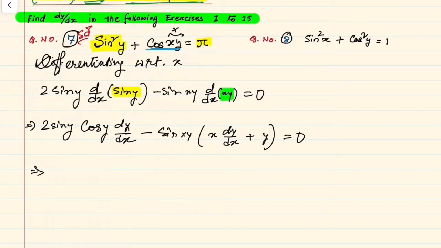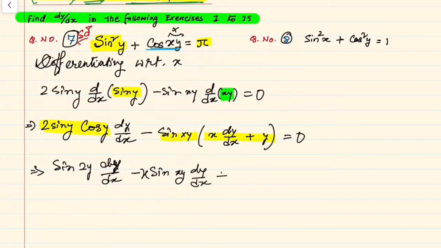Now here you see, if you remember the trigonometric identities, 2 sin y cos y is sin twice y. We can write sin twice y, dy by dx, minus sine of xy, then if you multiply this with these terms, what we will get is x dy by dx, then plus y sine of xy equal to 0, and let's take common dy by dx from these two terms, then what we will get,